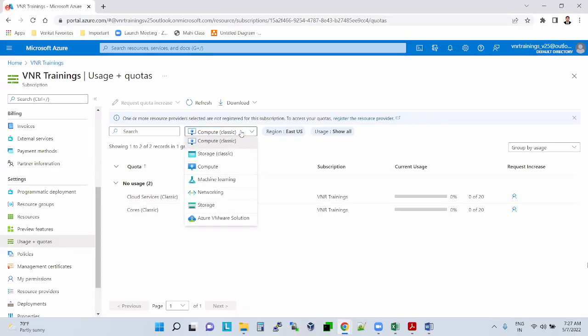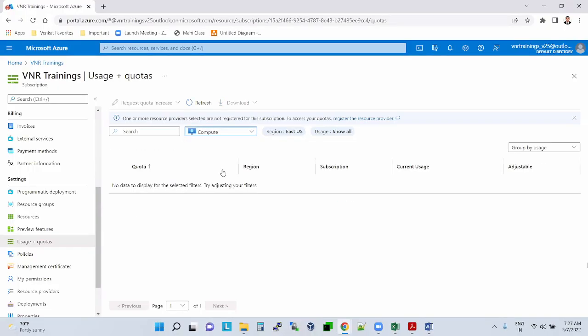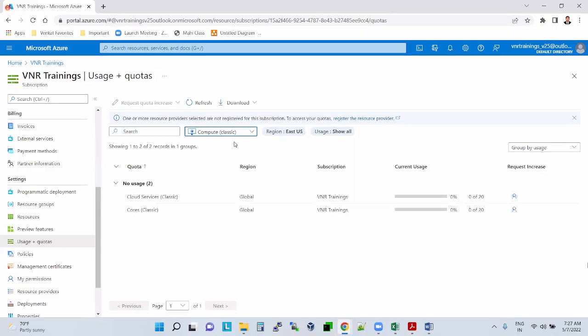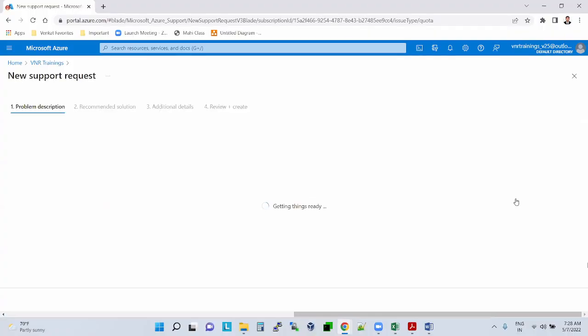Classic storage. And I don't have an option to increase the quota also. Maybe I'm using classic storage, classic, premium compute there. So under compute only, the processing will be there.